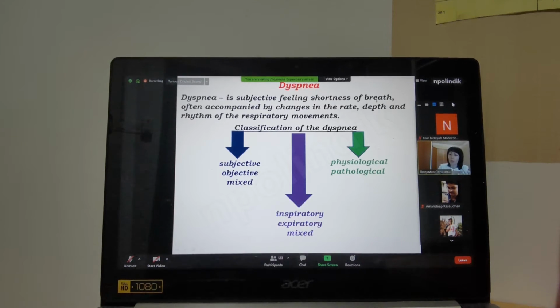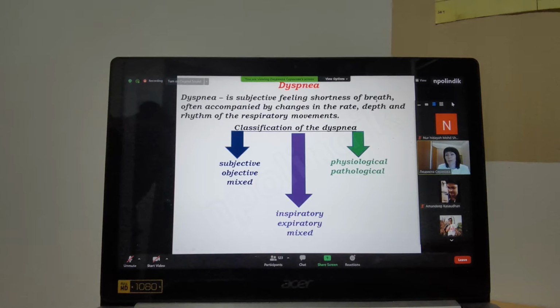Objective is when the doctor can estimate by objective methods. For example, after counting the respiratory rate, it may be tachypnea or bradypnea, or the depth, maybe superficial or maybe deep respiration, which I will explain a little bit later. Usually the patient has both, mixed: the patient can feel it, and the doctor can detect it by some objective examinations. And we have